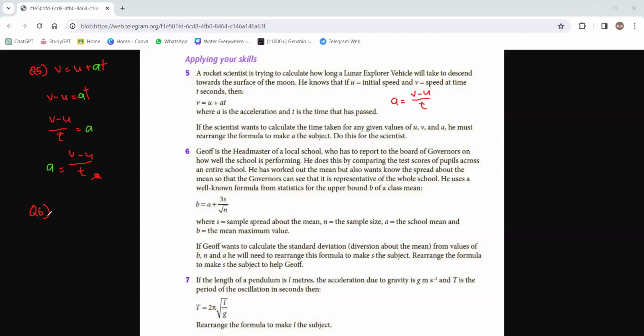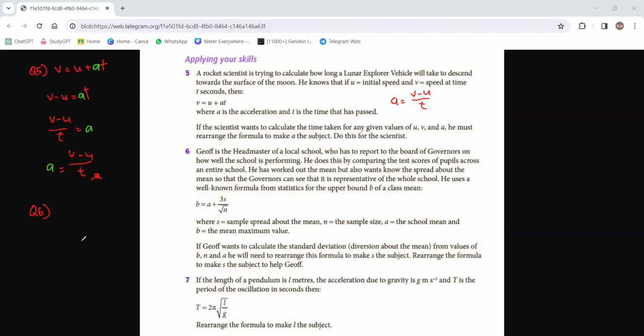He uses a well-known formula from statistics for the upper bound B of a class mean, which is the formula B equals A plus 3S over square root n, where S is equal to the sample spread about the mean and n is the sample size,